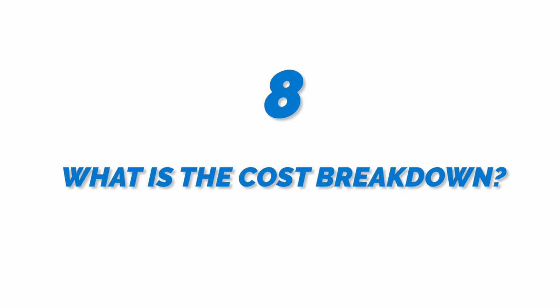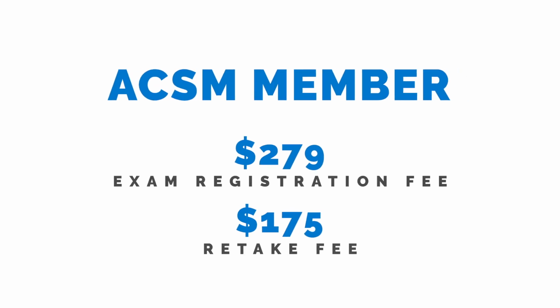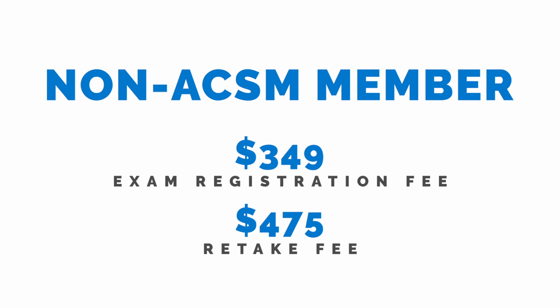Question number 8, what is the cost breakdown? First off, we have to take a look at how it's divided between ACSM members and non-members. So for an ACSM member, the exam fees are as follows. The exam registration fee is $279 and a retake fee is $175. For a non-ACSM member, the exam registration is $349 and a retake fee is